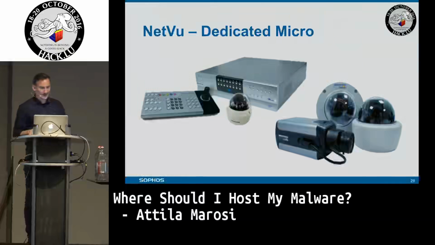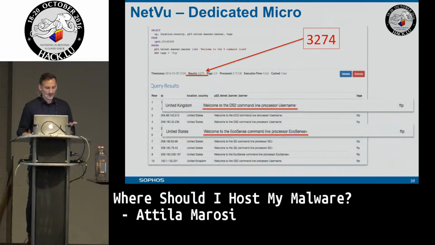So my favorites: there were some NASes I have already shown you, and there are some professional devices which are a little bit scary, I think. One of them, the NetView stuff, is CCTV equipment. You can monitor big buildings or things with these professional devices. If you use Censys and you know how to search for them, you can find a couple of them, and it's a tricky